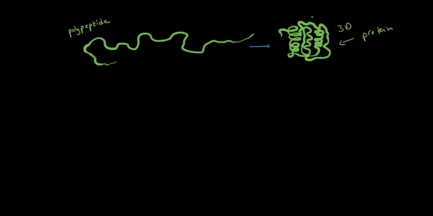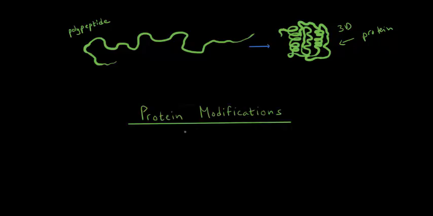There might be some additional protein modifications that need to be made to this protein before it can be functional. And those are called protein modifications. There are two different types of protein modifications. The first type is co-translational modification. And that means that these are modifications or changes that happen to the protein, or actually to the polypeptide, while